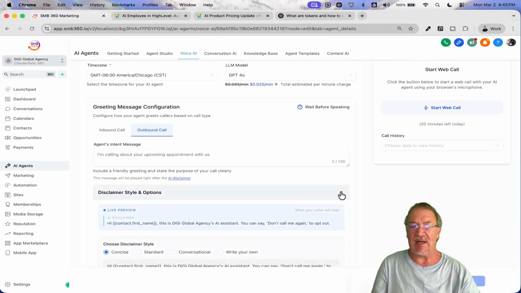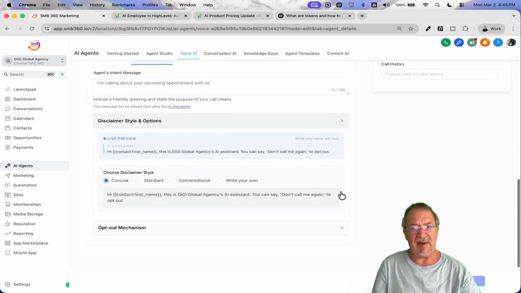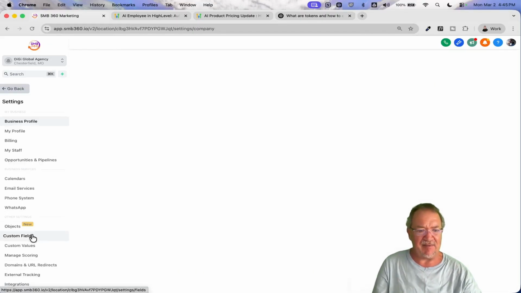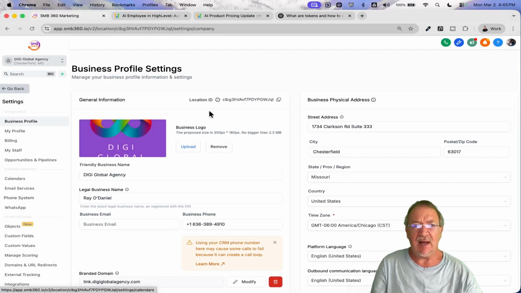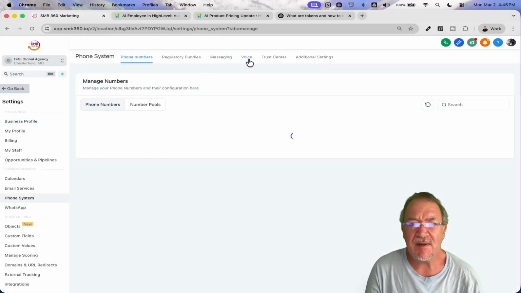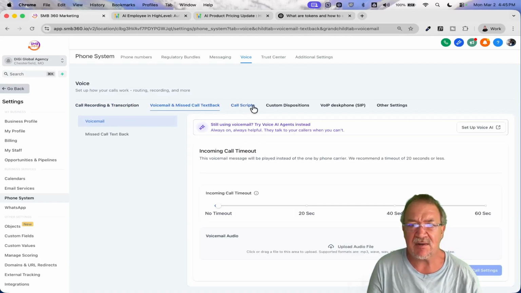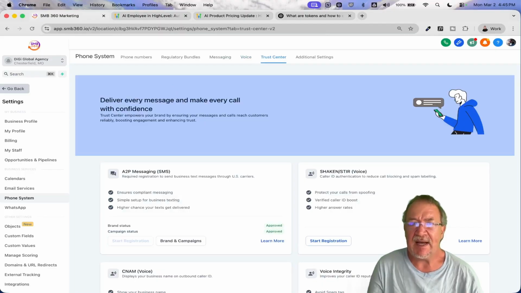Now the outbound calling is something that's a little bit more new. Keep in mind, you do have to come in here and get this thing set up. I think I may not be able to find it here. I think it's under phone system, heavy voice. It's in here somewhere, not your call scripts. Trust me, it's somewhere in here where you have to set up your outbound calling, but you have to go through